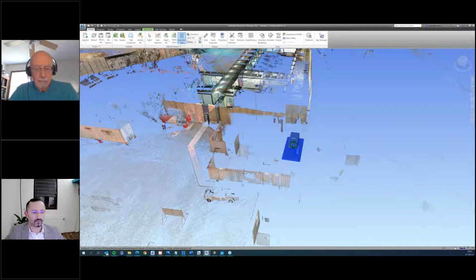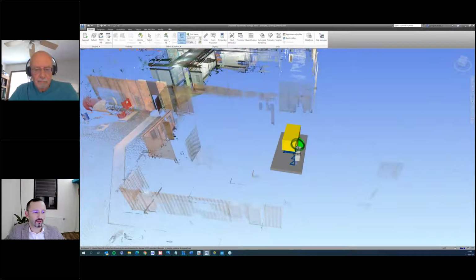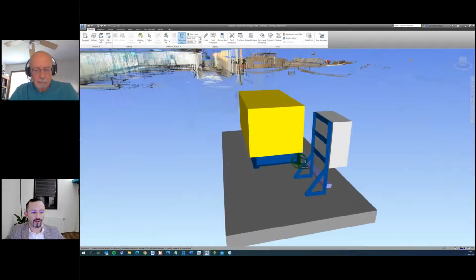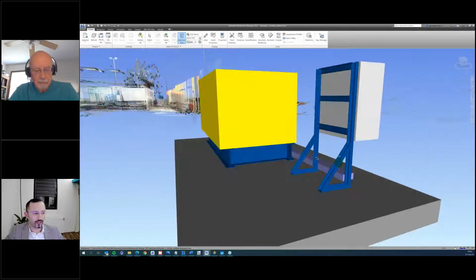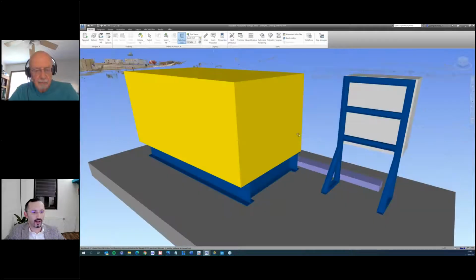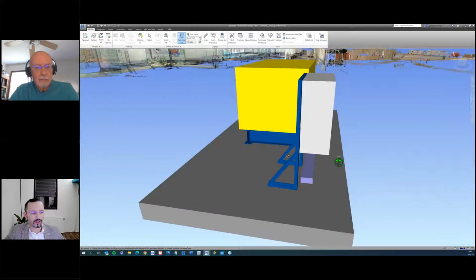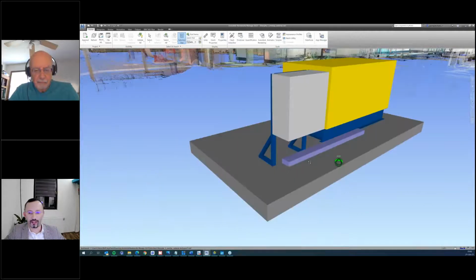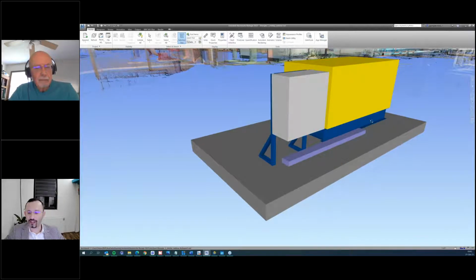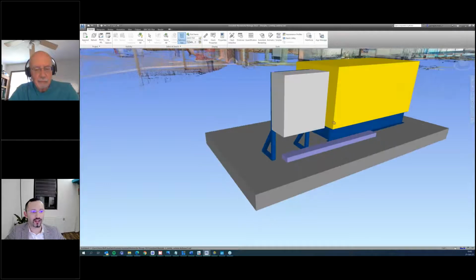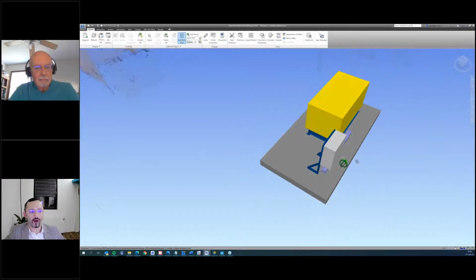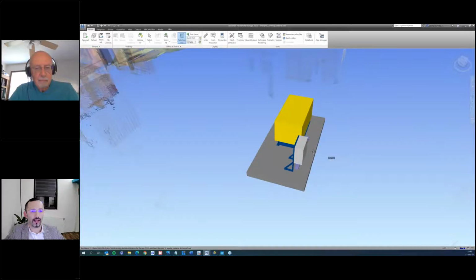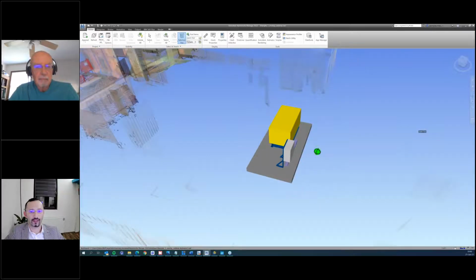So this was performed in less than 1 hour. The steel structure, the paving, the cable tray, the steel structure support of the generator, everything was performed in less than 1 hour. And if I highlight the model,